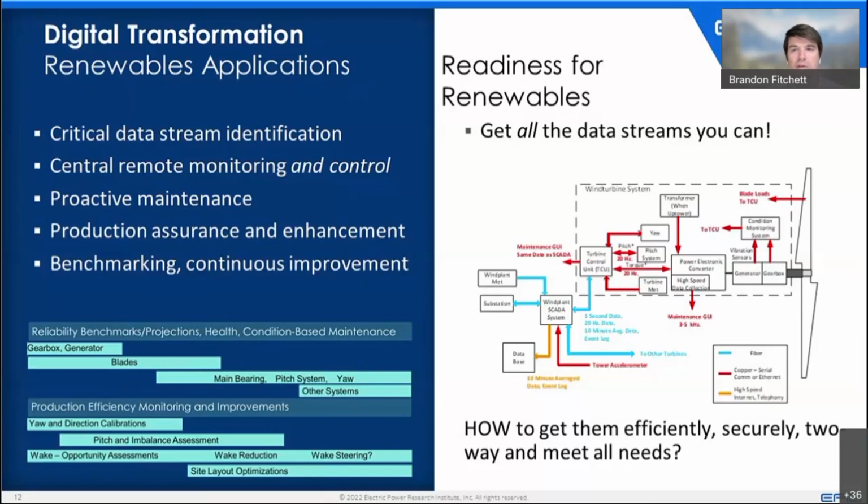Kilohertz resolution of a lot of these data streams, kilohertz, 1 second, or 10-minute average data. What can we do with all of this? So we're going to talk about this today in a wind and solar sense. In the wind breakout, we'll get into some of these more details, what we're going to do here, and what's possible. And we'd like to hear from you about where your challenges are in accessing data, and then applying analytics